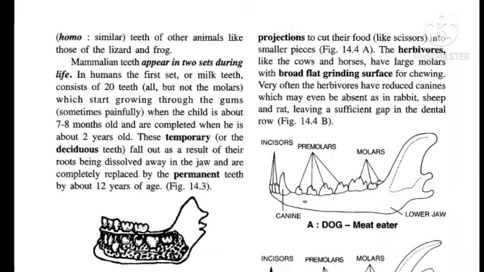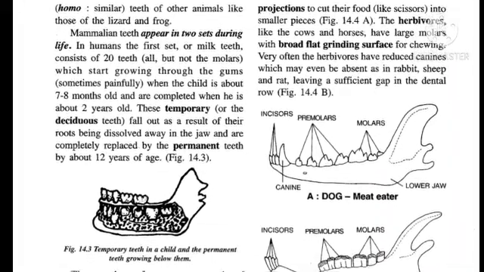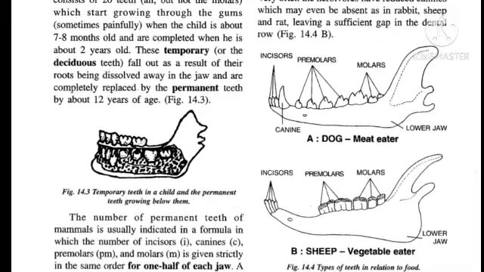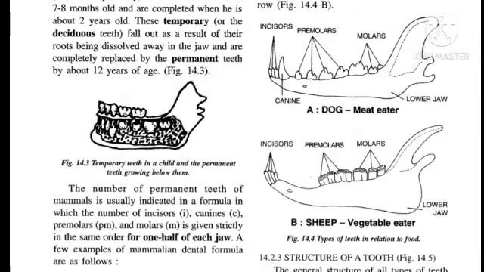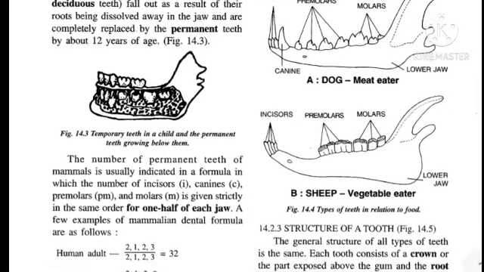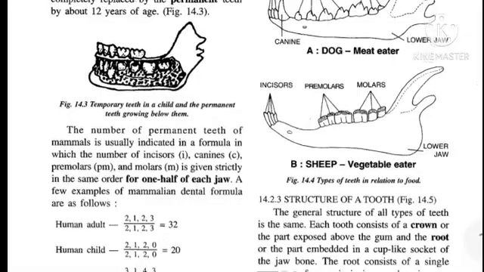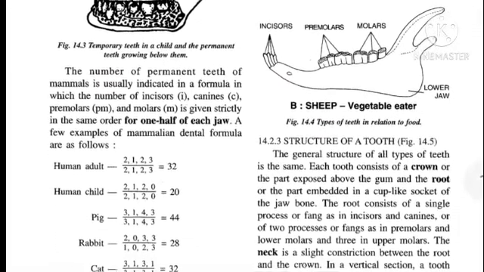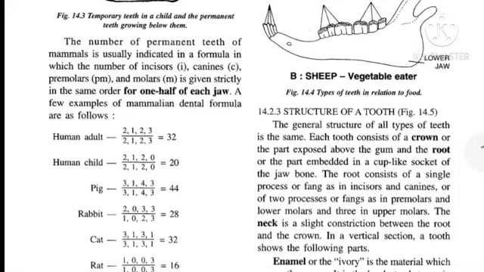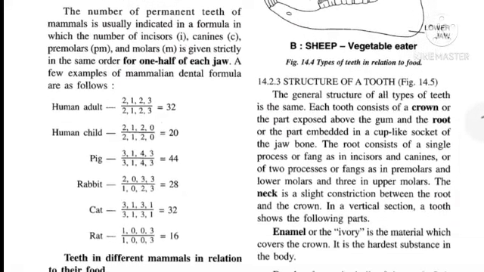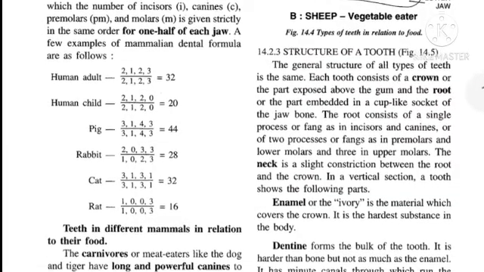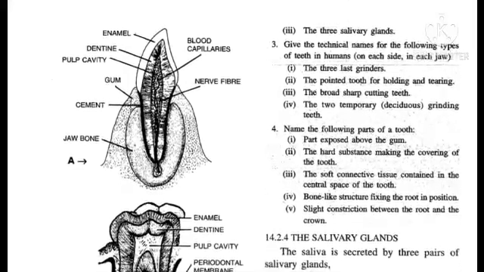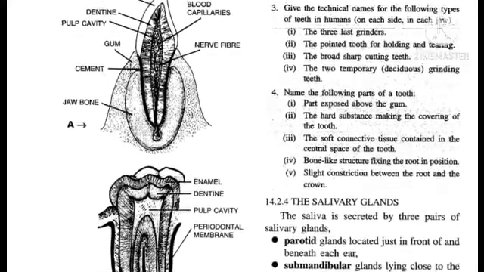Now here in the book you can see the structure is given, the dental formula is given, and then the parts of the structure of a tooth. This topic, structure of tooth, is very important, and in your copies you will draw the internal structure of the tooth, that is a diagram. It is very important. Many times you get this question to draw, a 3 or 4 marks question. So this diagram you are going to draw in the notebook. So clear everyone? This diagram should be completed in your notebooks.